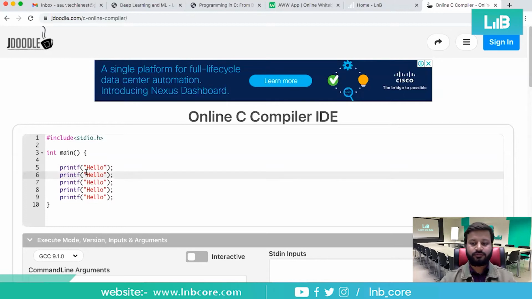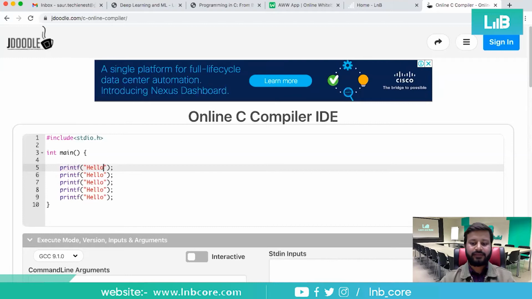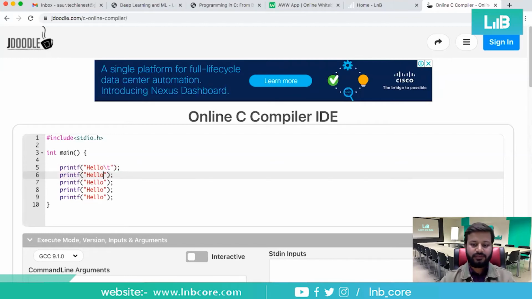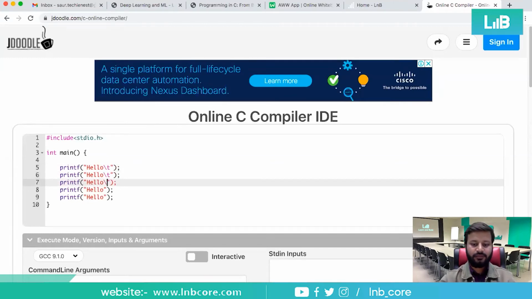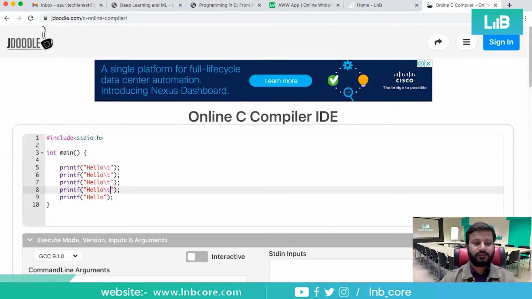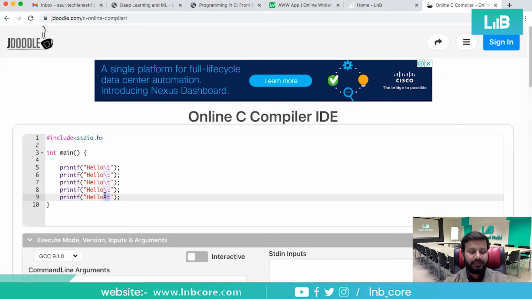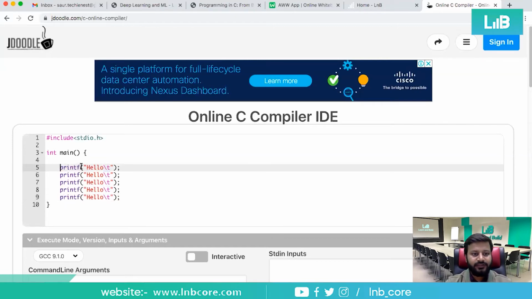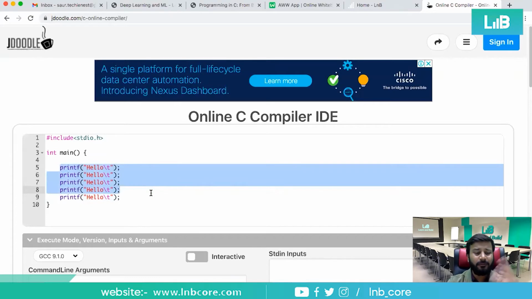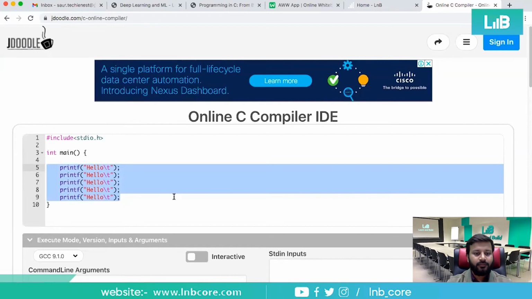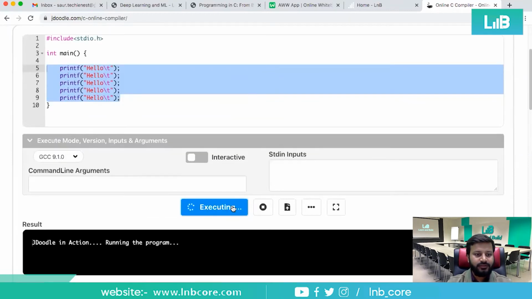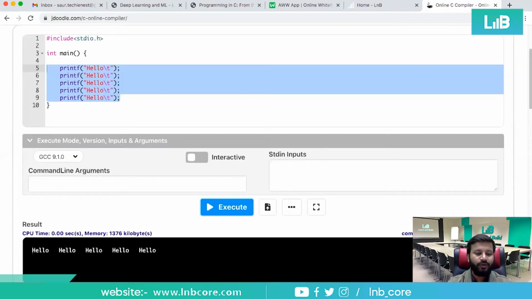So either we can use \t here or here as well. \t, \t, \t, backslash t and backslash t. However, you don't need this backslash in the end, but suppose this is just a line which is repeated every time. So anything which is repeated, the answer which we are going to get is this, right? I want to get the same answer. I want to check the same answer, right?